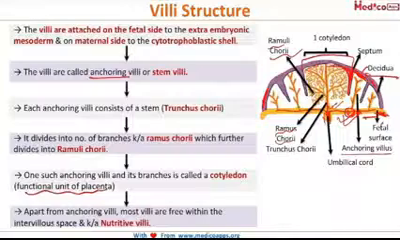And there was a question recently asked, what is a cotyledon, and the answer to that question was